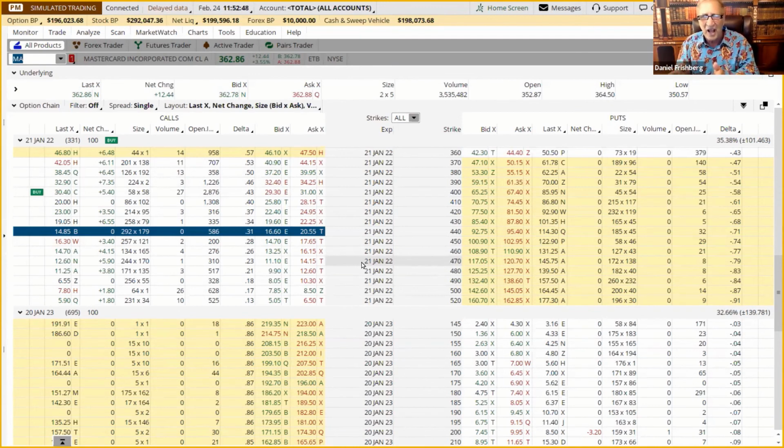I love that stock. I agree with Kathy Wood, it's wonderful, but now everybody's buying it, they're bidding up the price of it, and I can get more leverage with MasterCard, even though I actually like the company that Kathy Wood is buying better. I like the company better, but I'm not going to make as much money on it because too many people that don't make money are buying it.